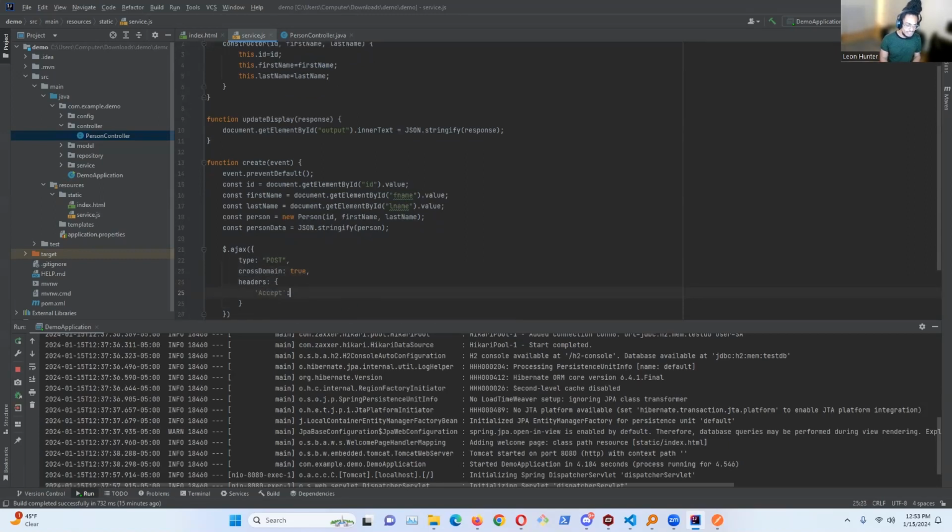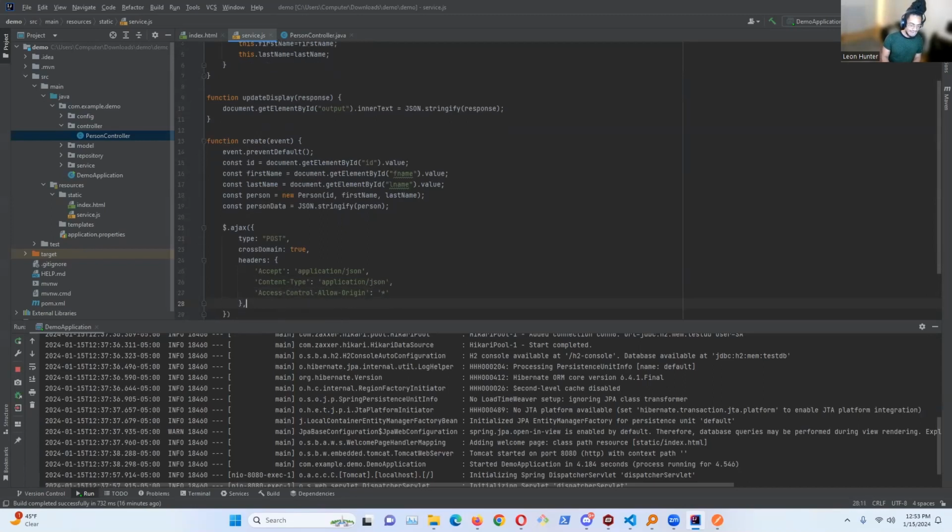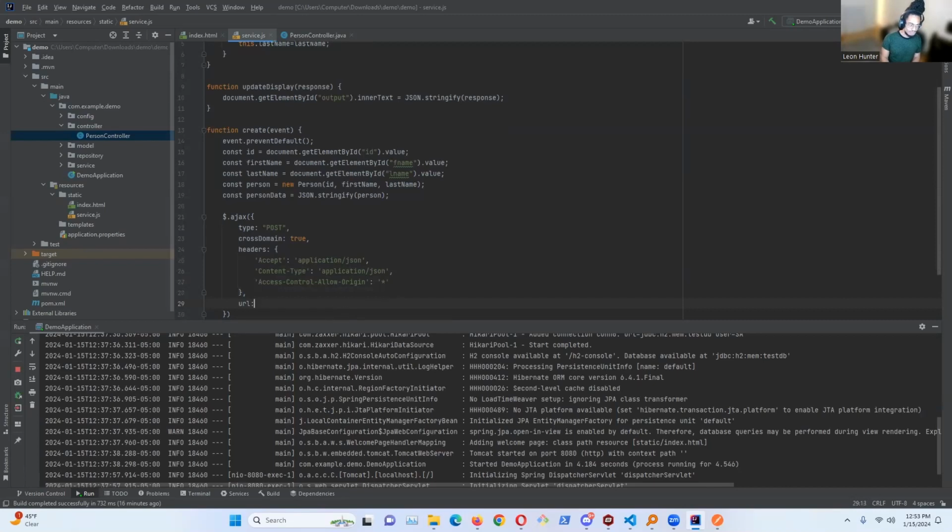Ensure that the accept key is set to application/JSON. The content-type should also be set to application/JSON. Set Access-Control-Allow-Origin to asterisk. After defining the headers, set the URL to